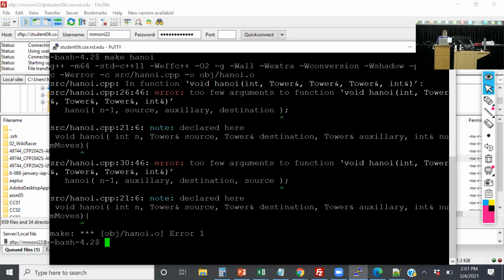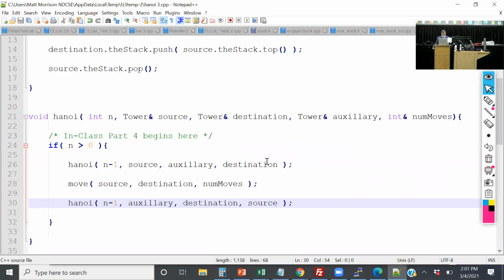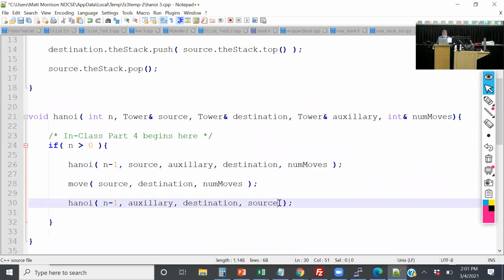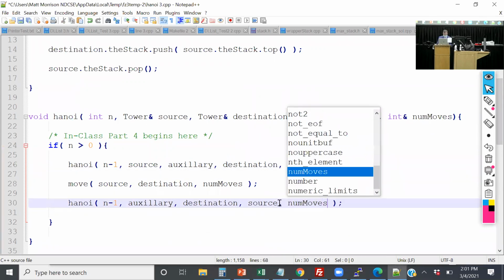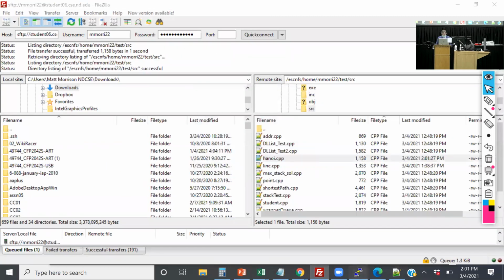And what did I forget here? Oh, I need to add, both of these I need to pass num moves. My apologies. And do the same thing here. So when I update it and compile it,